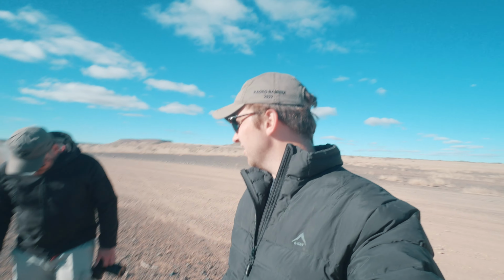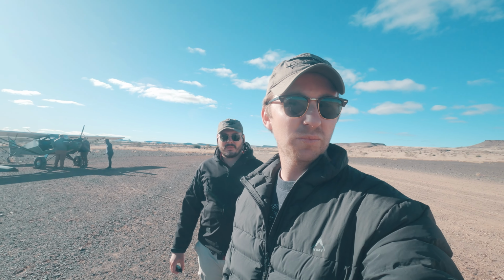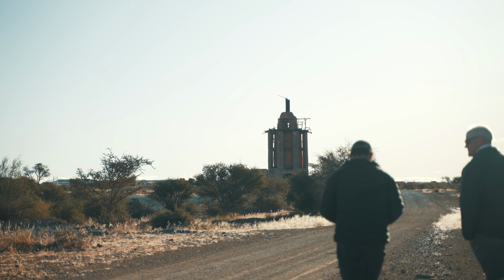But yeah, this is our last night, and can't wait to explore this little town. There's actually lots of these small, tiny little towns in Namibia. Yeah, geez, like with populations of like 50 people, literally. But yeah, let's go and explore Namib-Naukluft. I hope I'm pronouncing that properly. And see what we can find. One foot in front of the